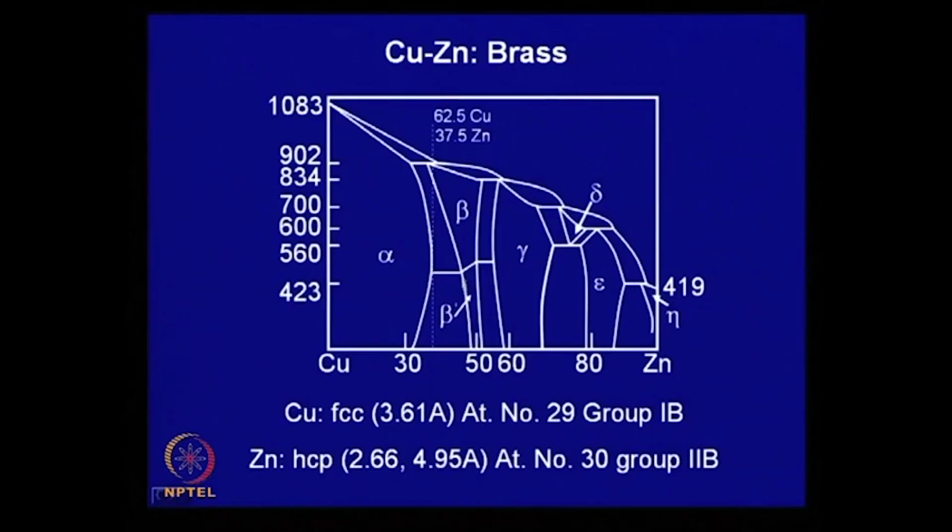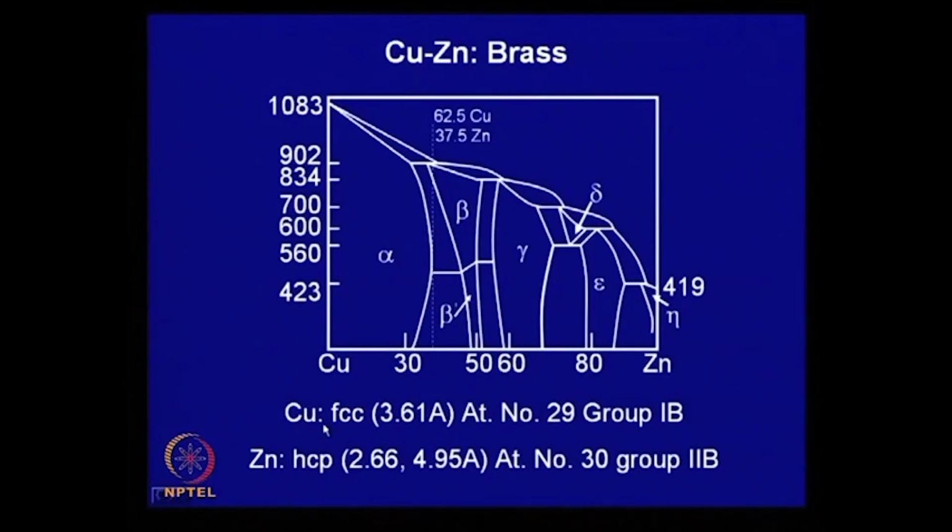Now, let us look at a very common alloy, brass. This is amongst the first alloys which have been used by mankind, and if you alloy copper with zinc, its melting point decreases, so it will be easier to make. And look at this diagram, apparently it looks rather complex. Now, copper,